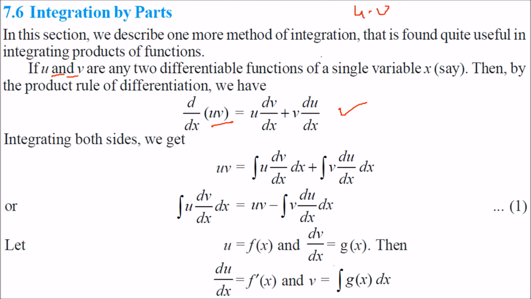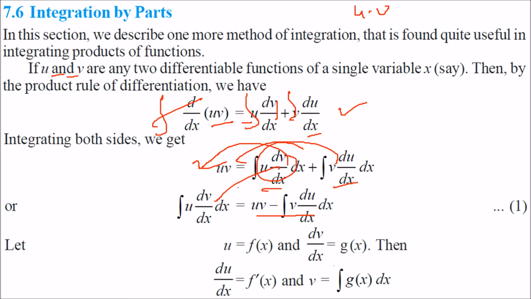U into v: first we take u out, then differentiate v, then du by dx. Okay, and let us integrate both sides. This gets cancelled because they are inverse, and put it like this. Now take this u here. So what do you get? uv minus, take this here to solve this. So take this one on the left side and this one here, so that uv minus integration of v du